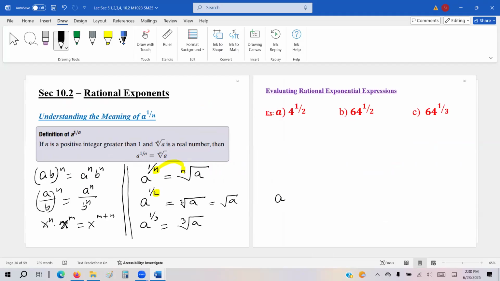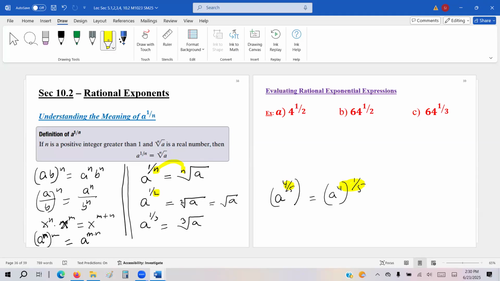Let me refresh your memory with a to the n and then to the m. What's the rule for this? If you have two powers together, what do you do? Multiply, so it's a to the mn. Now, if we have 4/5, it's the same thing. It's a to the 4 and then raised to the 1/5 power. So you're multiplying 4 times 1/5, and it turns into 4/5.